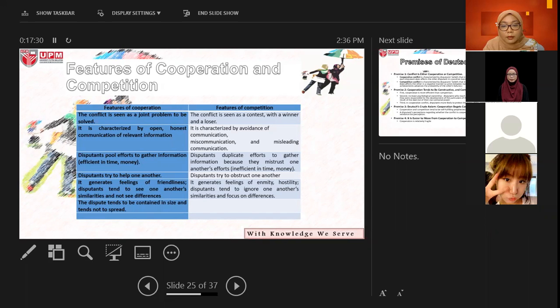Disputants tend to see one another's similarities and not differences. Okay, and then the dispute tends to be contained in size and tends not to spread. Okay, the conflict can be settled between the two parties only. Okay, kalau you all tengok dalam case